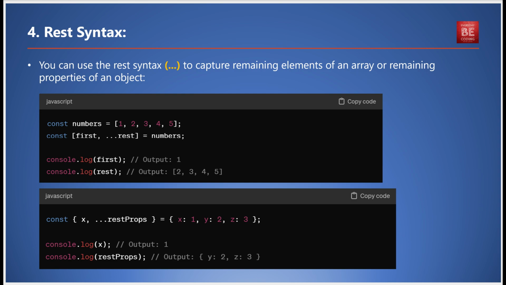Finally, the rest syntax, represented by 3 dots, captures the remaining elements of an array or remaining properties of an object. For an array like [1, 2, 3, 4], you can extract the first element and the rest with const [first, ...rest] = numbers. This will give you 1 for first and [2, 3, 4] for rest. Similarly, for an object like {x: 1, y: 2, z: 3}, you can extract x and the rest with const